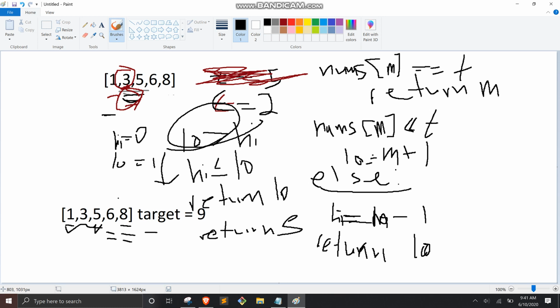Okay, what's another case? What if target is, did I do 0 yet? Yeah, what if target is 0? So these are the two edge cases. What if it's less than every element in the array? What if it's greater than every element in the array? What am I saying? I'm saying, what if the target is less than every element in the array, or if the target is greater than every